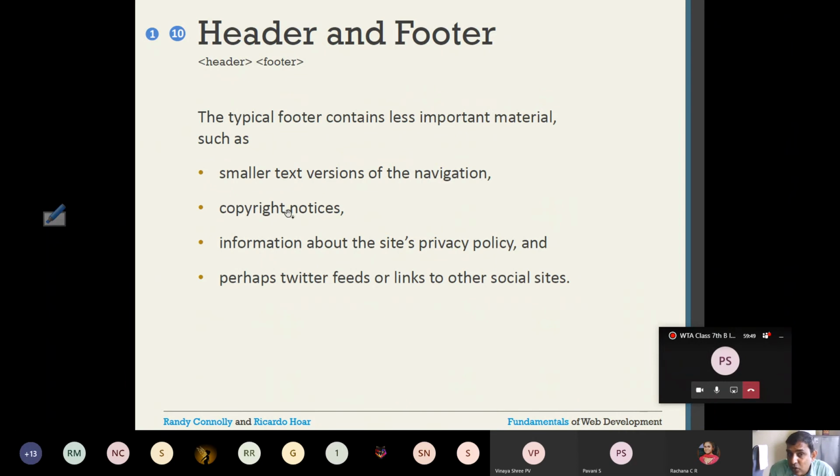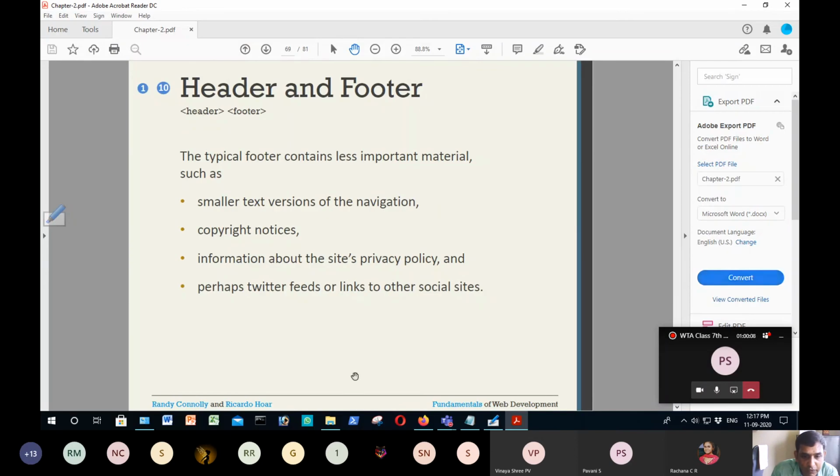Then copyright notices like the copyright symbol, information about the site, privacy policies, and perhaps a Twitter feed or links to other social sites. So if you have seen, many of the sites will have links. So this is typically a header or footer.